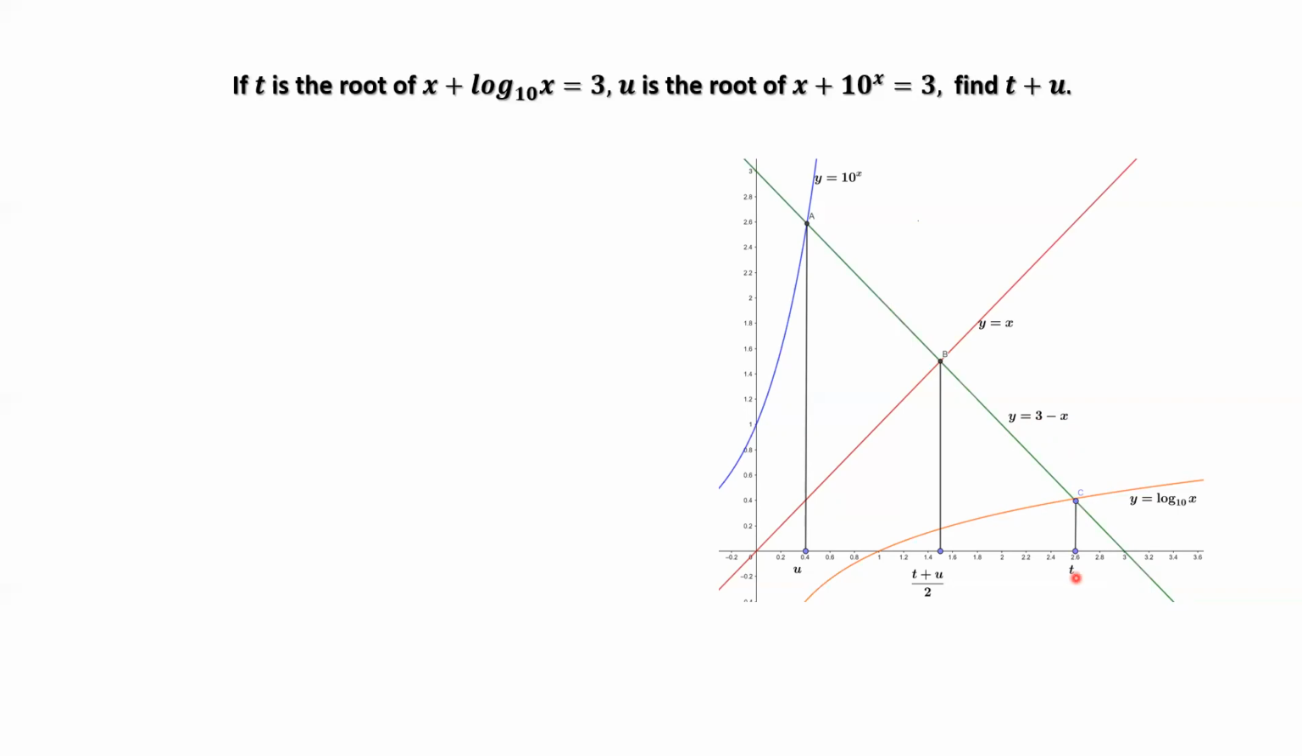Similarly, we have the intersection point A, which is the intersection of two curves, y equals 10 to the power x, y equals 3 minus x. U is the root of x plus 10 to the power x equals 3. U is the coordinate of this intersection point. Here, we can see u's here. Now,